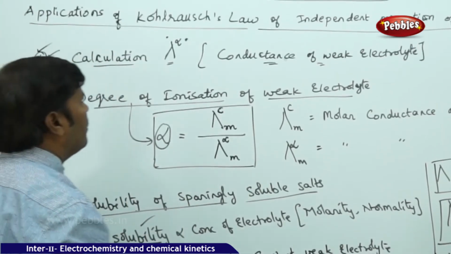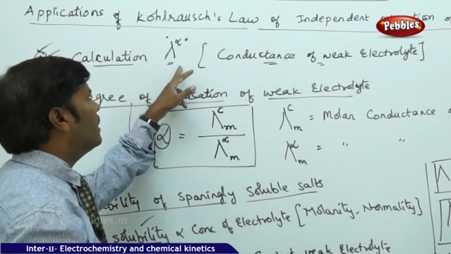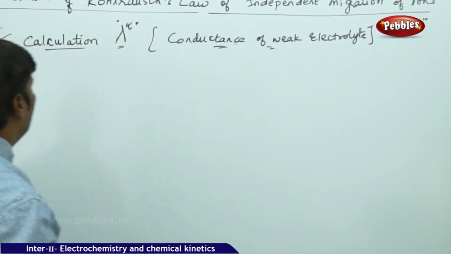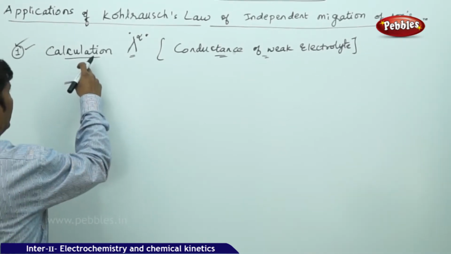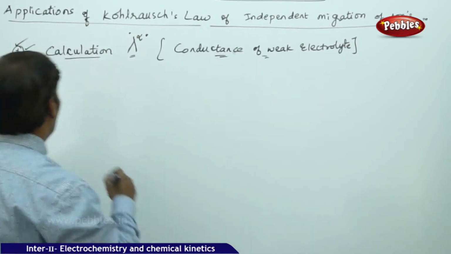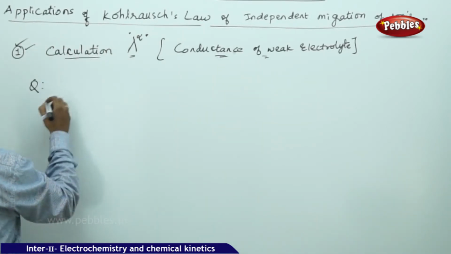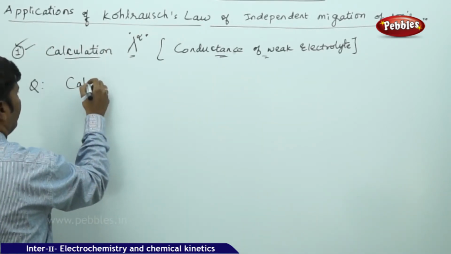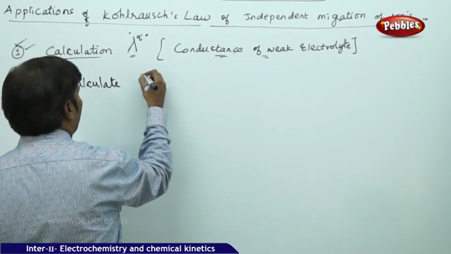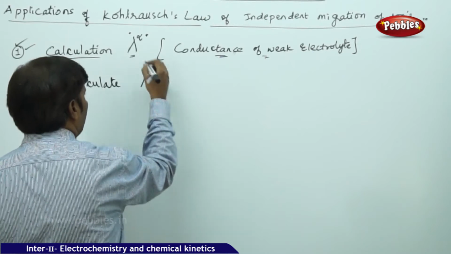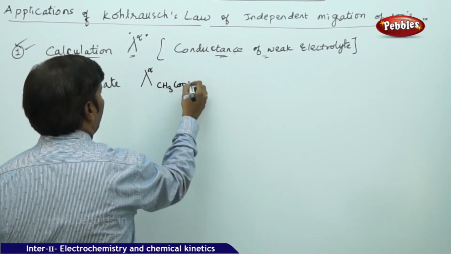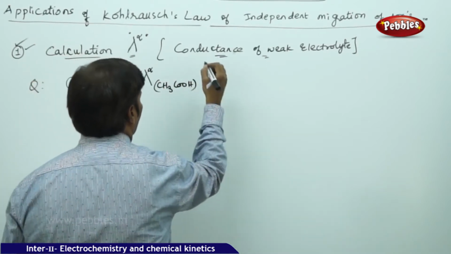So among these 4 applications, now let us try to reapply the calculation of the equivalent conductance at infinite dilution for a given weak electrolyte. Here we go to one of the most important applications of Kohlrausch's law of independent migration of ions for weak electrolytes. Suppose a question is given to us, say for example, calculate the equivalent conductance at infinite dilution for the weak electrolyte, that is acetic acid, if the data